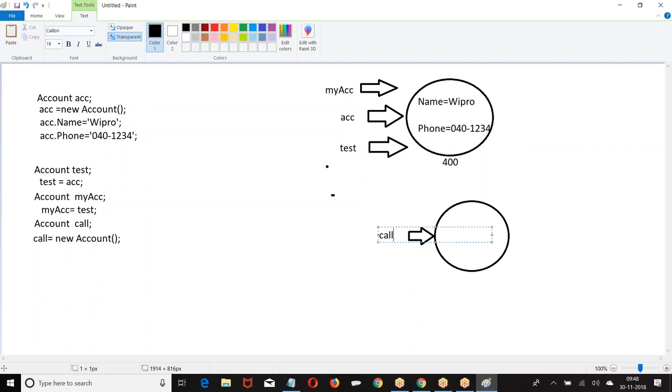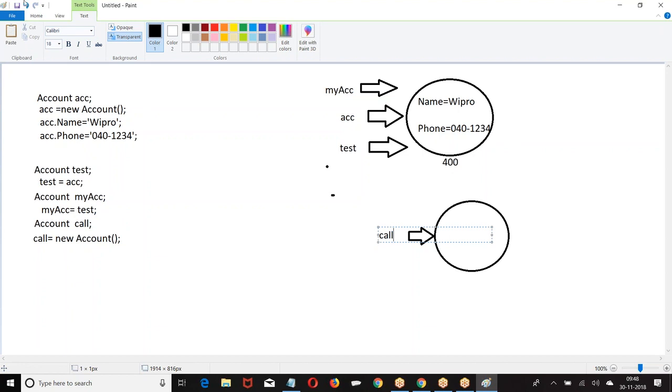Before you write a logic, understand: are you referring to the data which is already there in the database, or the data which is already there in the list, set or map? Are you creating a new record? If you want to create a new record, I have to give equal to new the corresponding sObject. If I am referring to the existing record, then A equal to the existing record. So is it necessary that every time I use new? No.